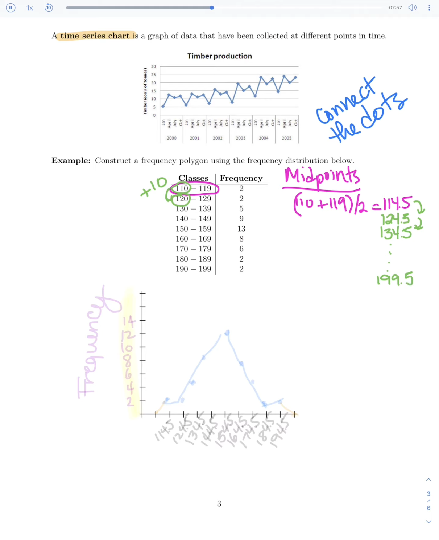So let's go ahead and put those along our x-axis. So that would be our 114.5, our 124.5, our 134.5, so 144.5, 154.5, 164.5, 174.5, 184.5, and